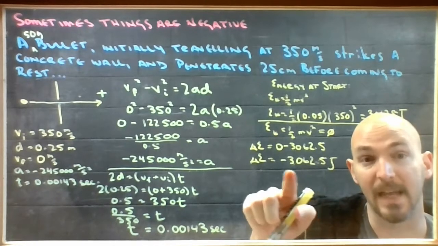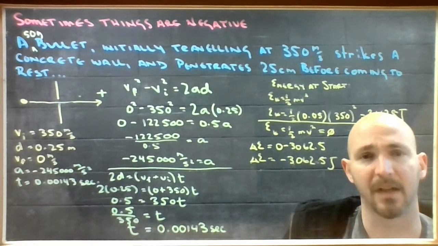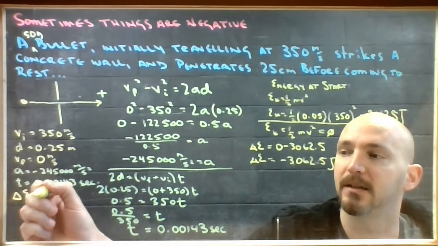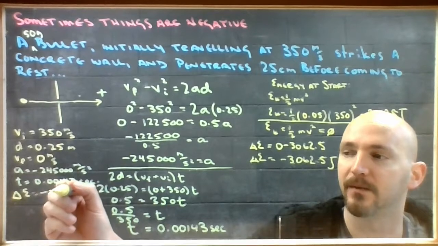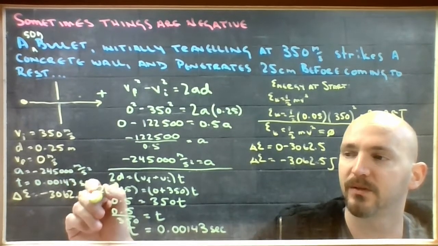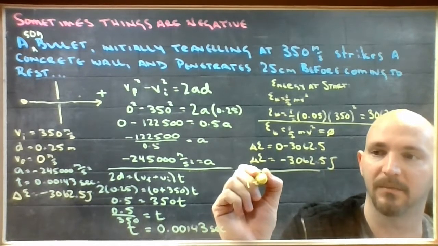So that's why this is negative: this kinetic energy has left the system and become something else. Pop that in there, delta E. It's negative 3062.5 joules. So the power rating then would be minus